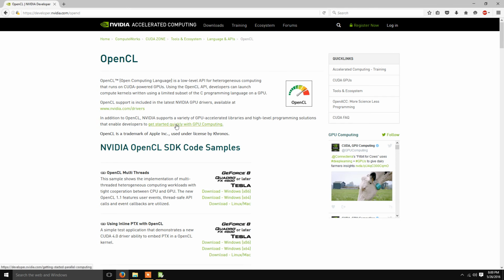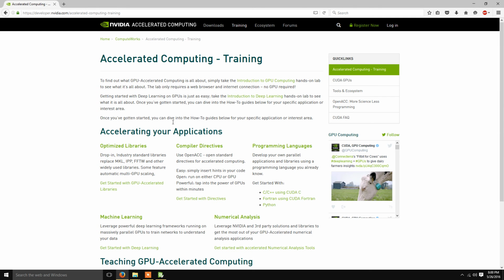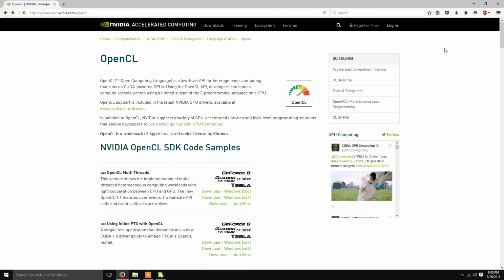and then it will actually redirect you to getting the latest drivers. Basically you're just going to want the latest drivers and the GPU computing toolkit, because both sort of work in tandem. You just want to make sure that you have everything necessary. So